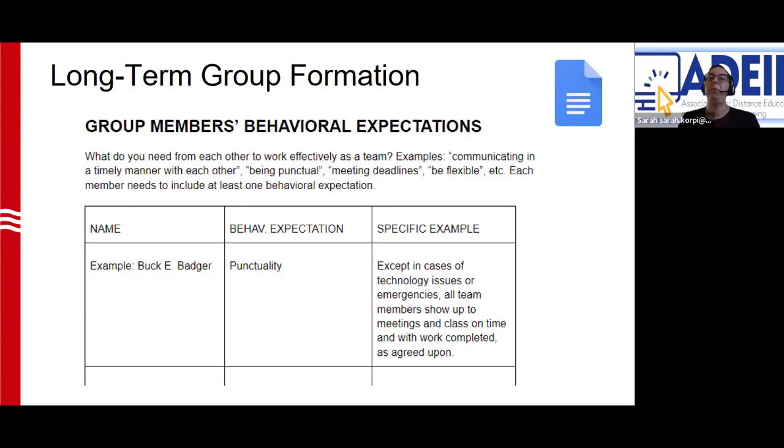I did find it important during setup of this activity to let students know that they will be finding a balance in the activity, so no voices are silenced, and so students also have realistic expectations. So for example, Buck E. Badger, I'm at Madison, so we're the Badgers, so Buck E. Badger is always my example student, needs punctuality. If another student needs flexibility, then the group has to decide how to balance the need for punctuality and the need for flexibility. And holding space for that discussion, I thought, was very important.